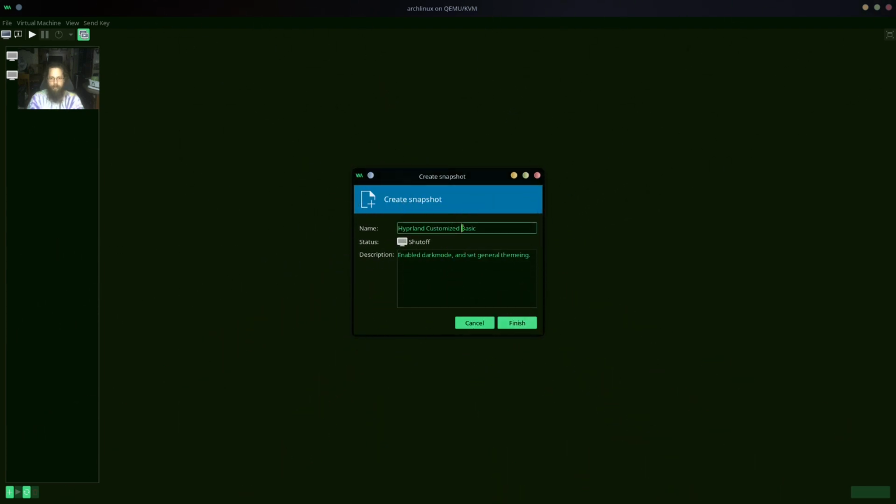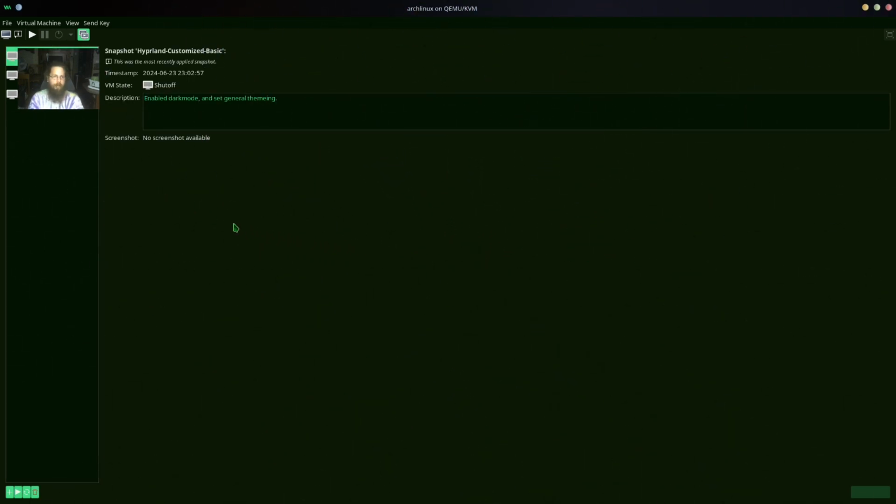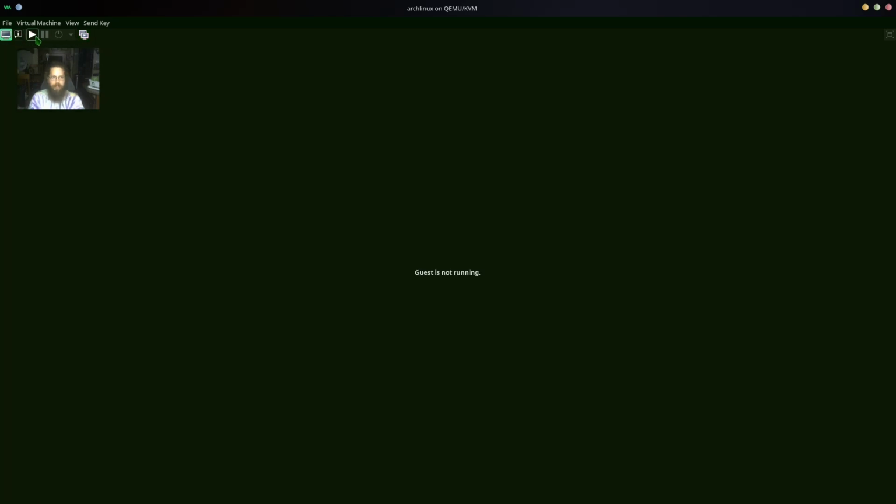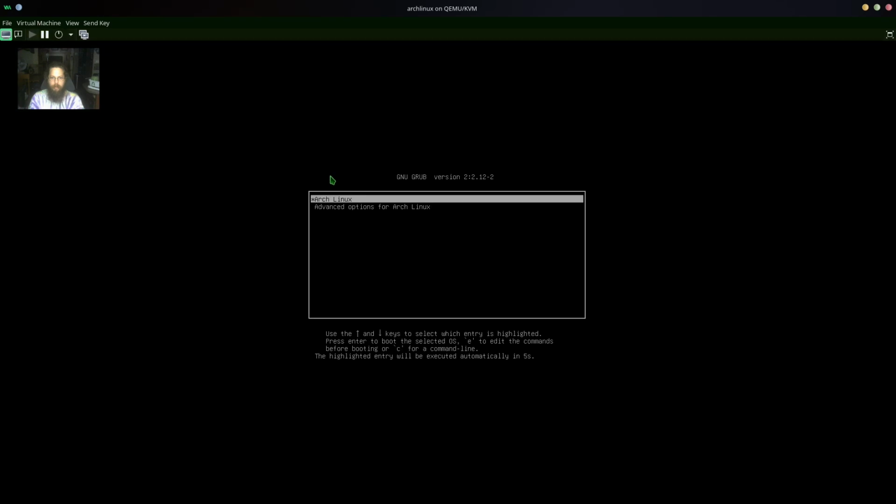Right. So the name cannot contain spaces. I always forget that. I do that every single time. So I'm just going to do like this. I think you can do hyphens too, actually. Yes, you can do hyphen. You can hyphenate it. So that works as well. So now that we have a snapshot set, let's go ahead and run our virtual machine